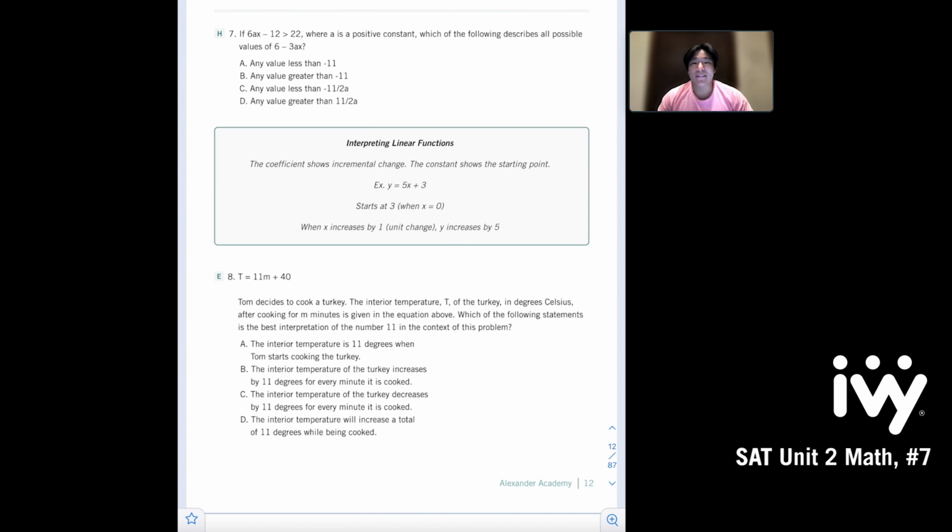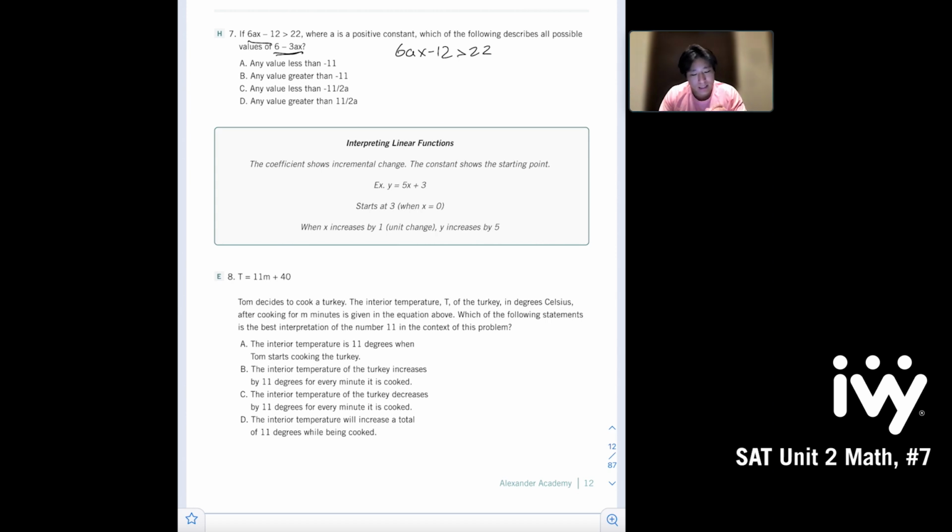Question 7. If 6ax minus 12 is greater than 22, where a is a positive constant, which of the following describes all possible values of 6 minus 3ax? So first thing we want to see is how can we relate this expression to get it more like this expression, right? So if we have 6ax minus 12 is greater than 22, the first step we could take to try and make it look like this